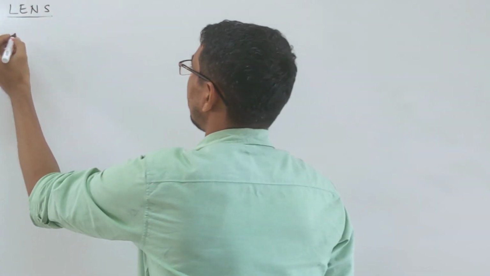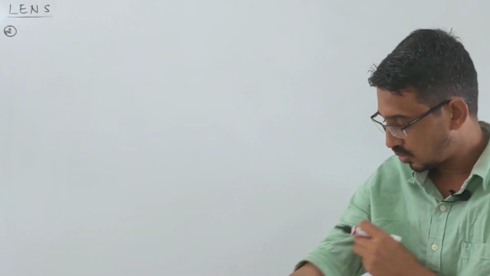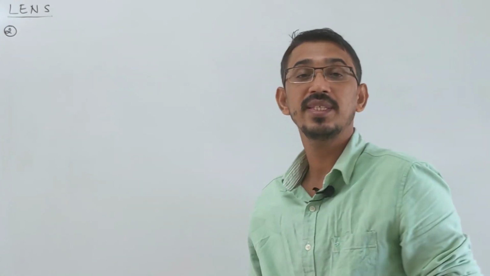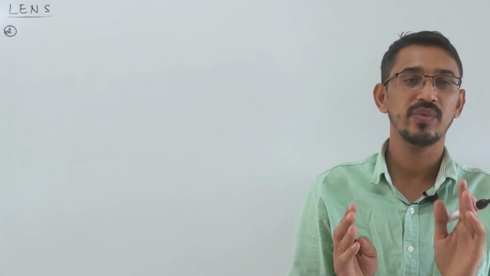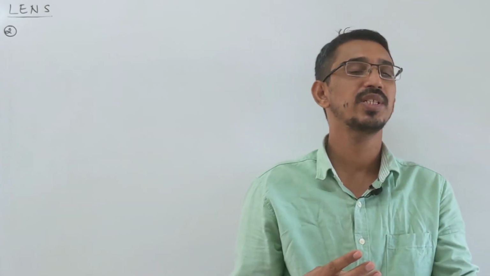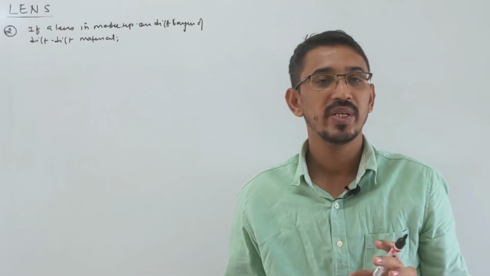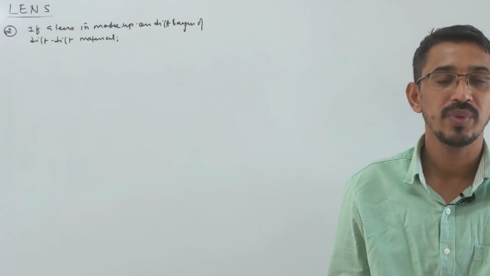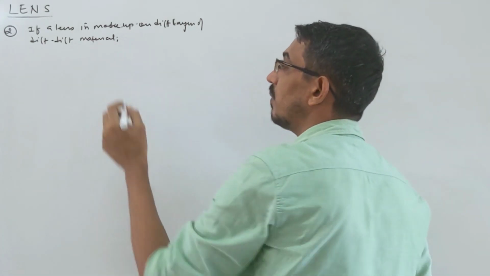Okay, cutting of a lens I discussed with you. When you cut a lens, what happens to the focal length? Now I'm talking about small points. Suppose a lens is made up of different materials, not only one material. Generally a lens is made of one material only, but if one lens is made up of different layers of different materials which have different mu, refractive index, then what will it make?